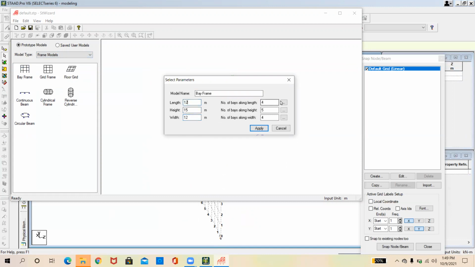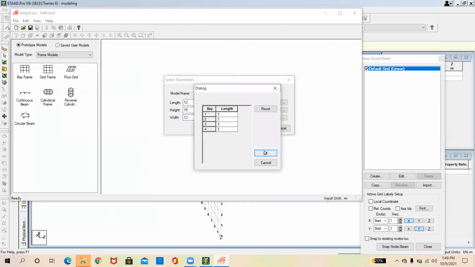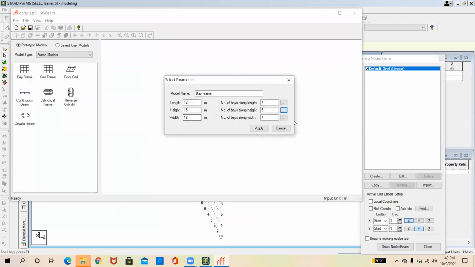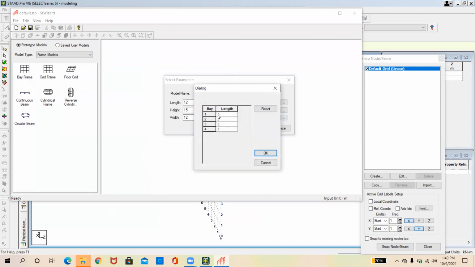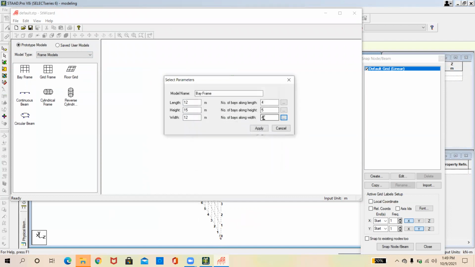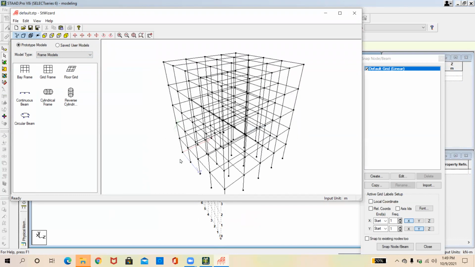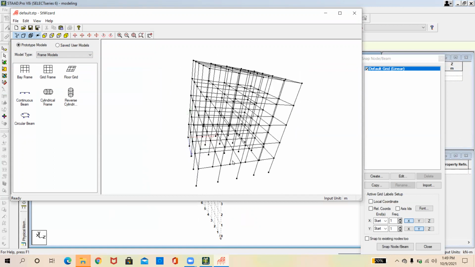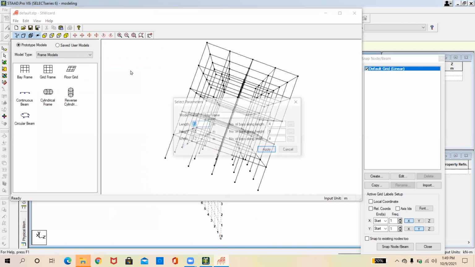And along the length, how many bays should be there, along the height, how many stories, and along the width, how many bays, along x direction and z direction. That means the length and the width, and then y direction has the height. So if I go to apply, my structure will be automatically created according to these specifications.